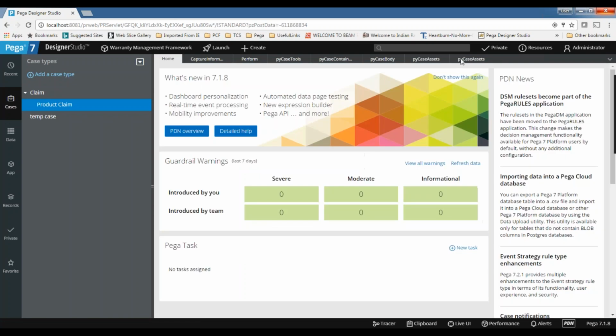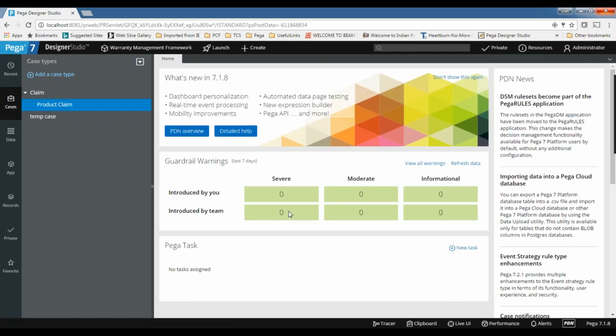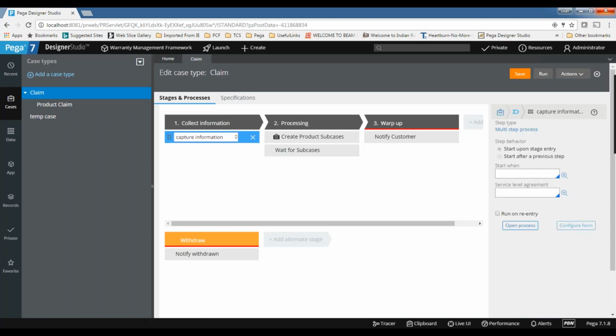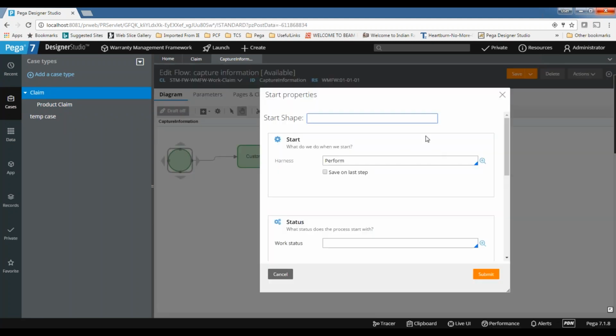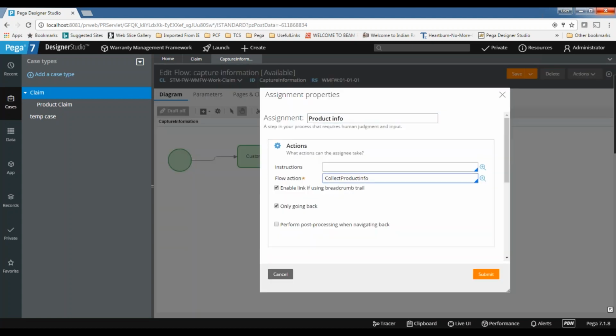That is about harnesses and screen flows. Subhash, if you go for the tree navigation screen flow, the option to enable link with the breadcrumb trail and the second option, called only going back, the behavior should be same, right? Behavior, everything will be same. So then just the look and feel is different because it's just like a harness, right? Harness is just look and feel only. It won't change anything. Every configuration will be same. There also you can jump. There also you can see navigation. Also you can select the navigation name.